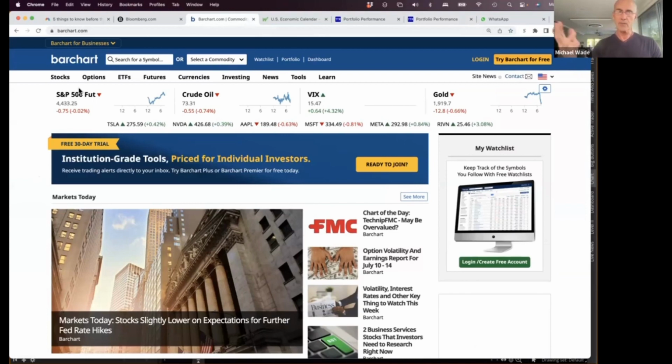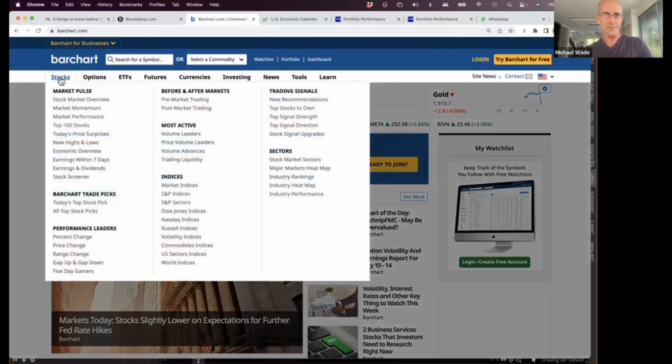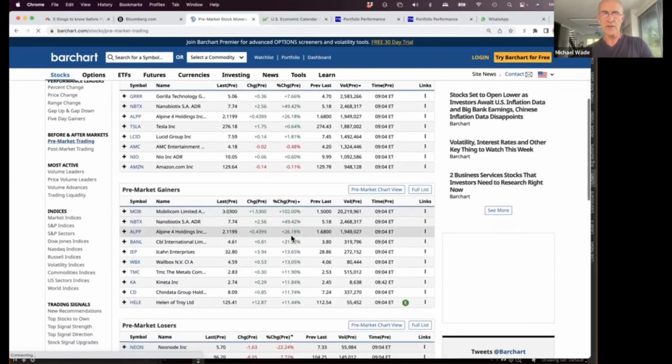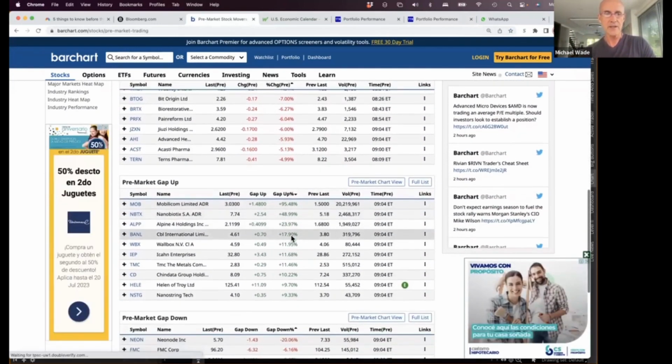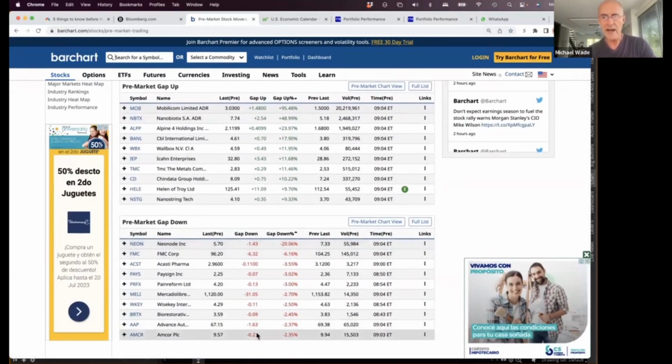There's a lot of places to find this information out, but if you go to barchart.com and you click stocks, and then you click pre-market trading, this is where the juice is in the morning, finding stocks that have gapped up or gapped down pre-market. When I go here, I'm always looking at the price. Generally, $5 is the minimum price before any of this makes any sense. All right, so if I'm looking at this, I would only be considering